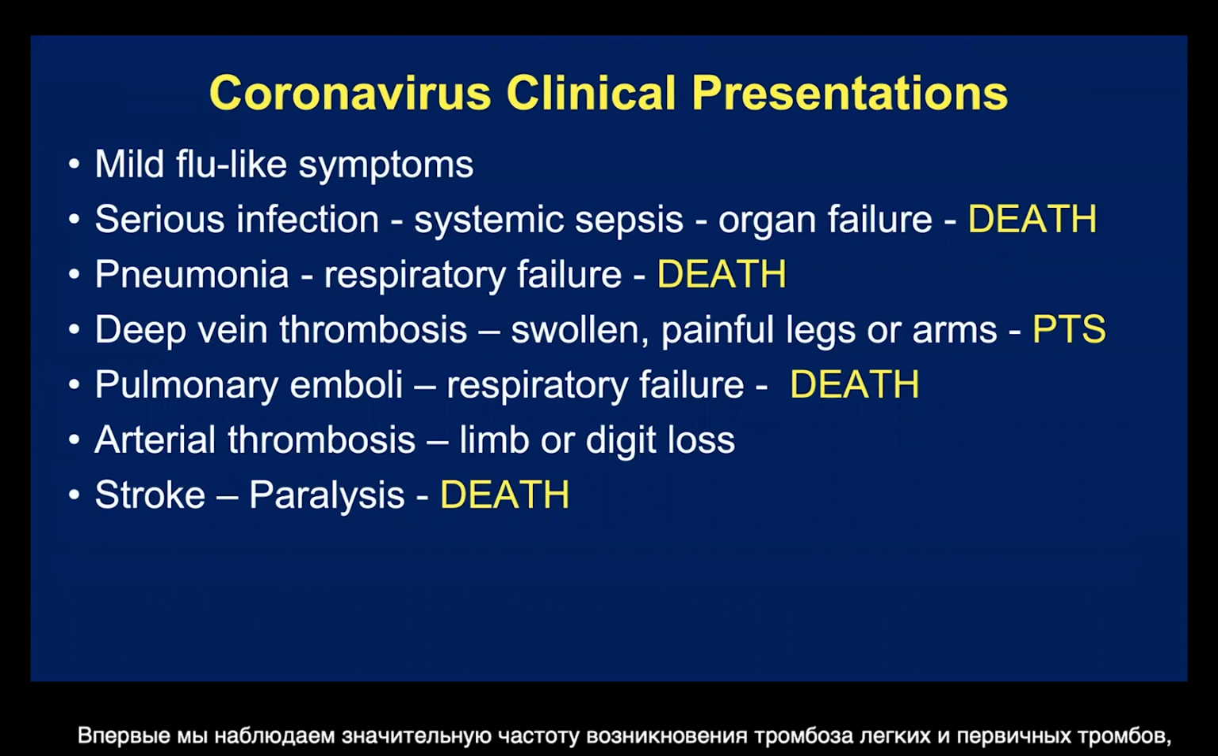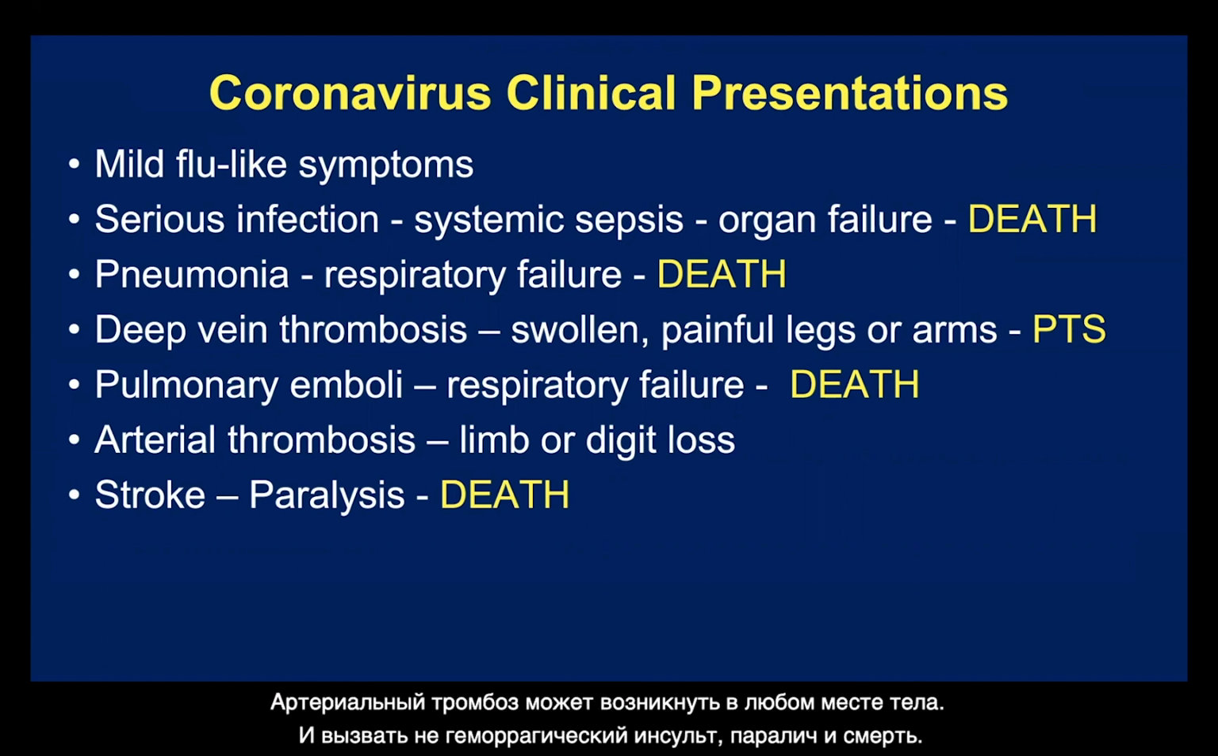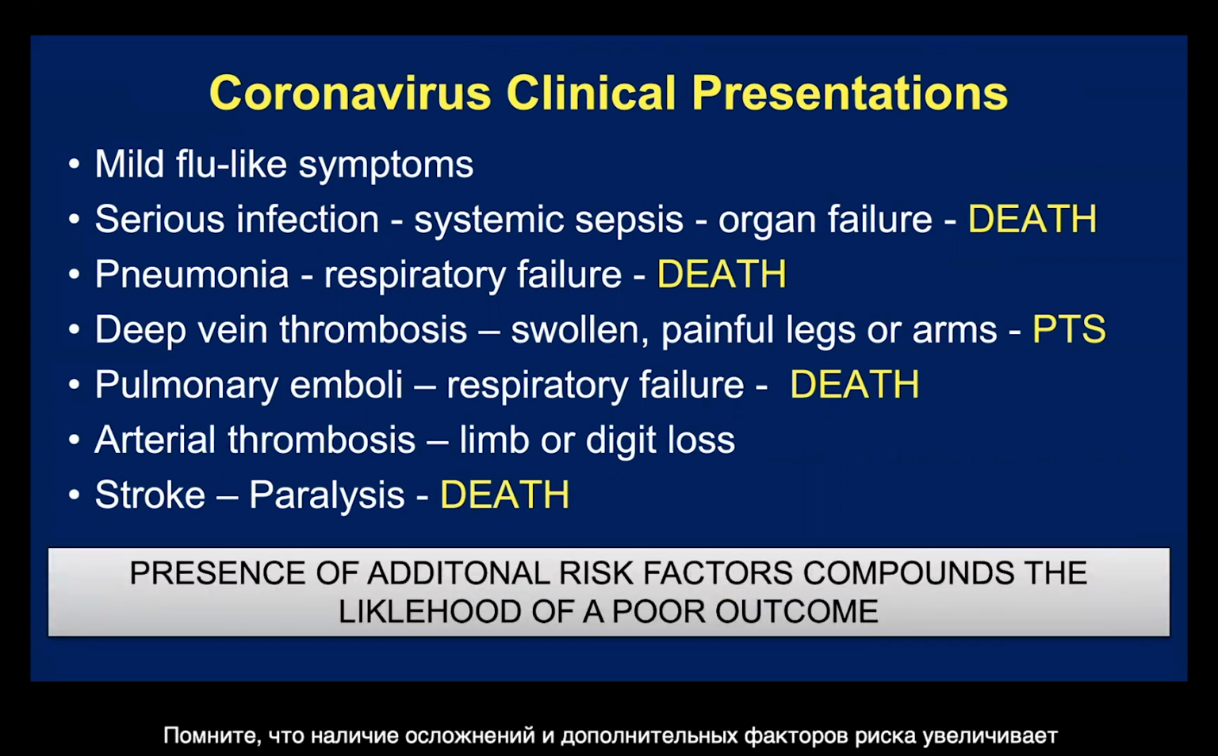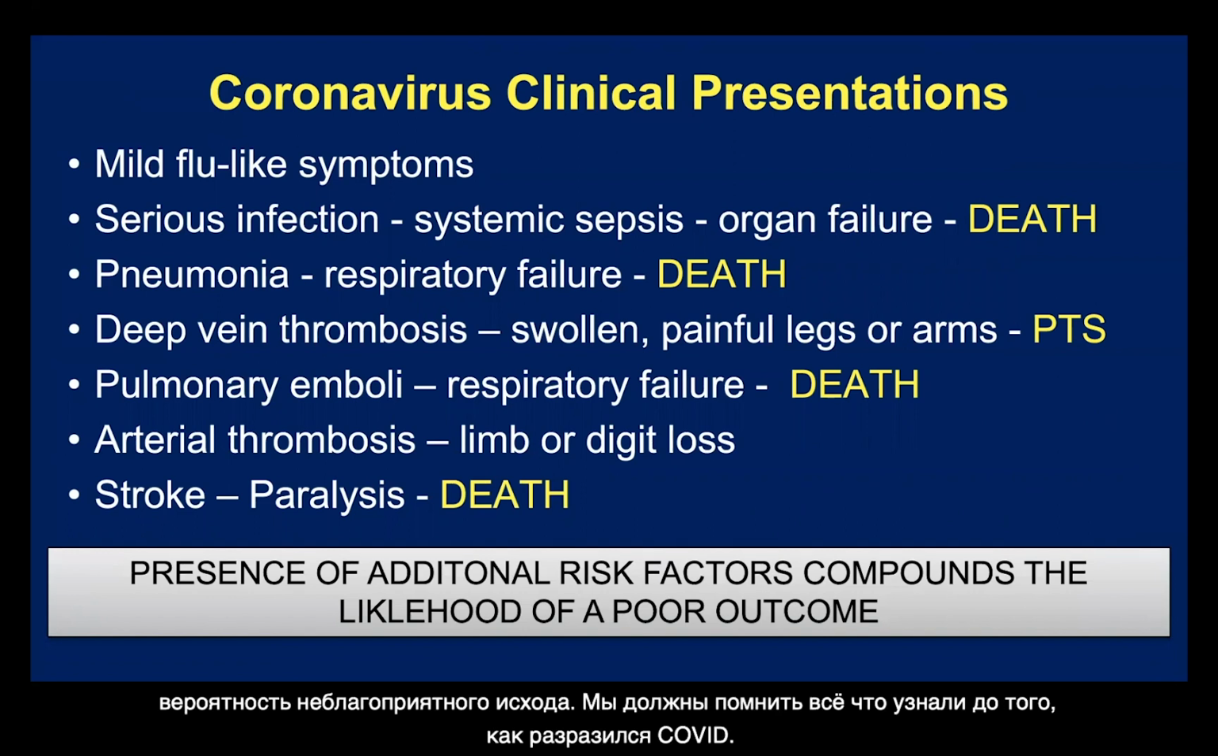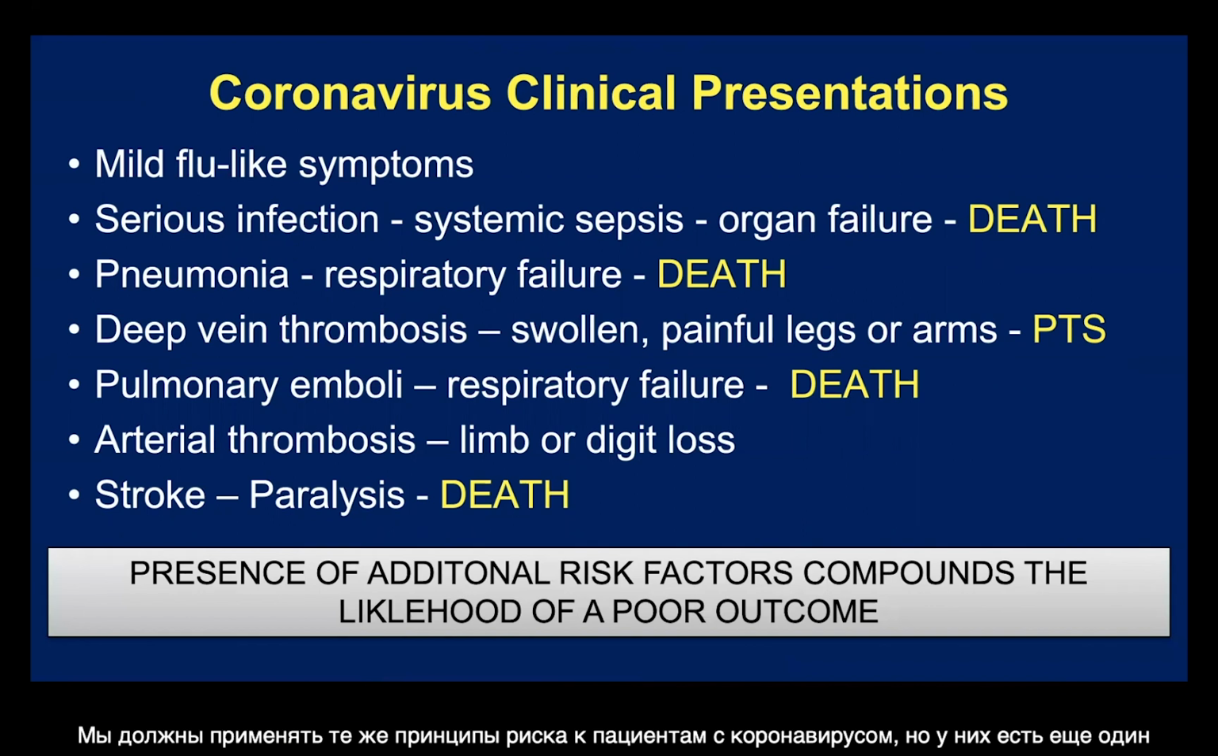For the first time, we're seeing a significant incidence of pulmonary thrombosis, primary clots forming in the lung vessels, and that can lead to respiratory failure and death. Arterial thrombosis can occur anywhere in the body, and non-hemorrhagic stroke, paralysis, and death, other complications. Remember, again, the presence of additional risk factors compounds the likelihood of a poor outcome. We can't forget everything we learned before COVID came down. We have to apply these same risk principles to the COVID patients, but they have another increased level of risk,